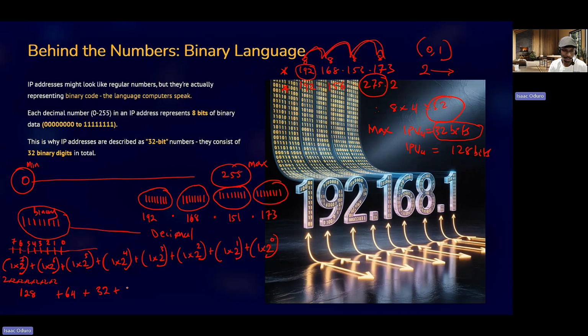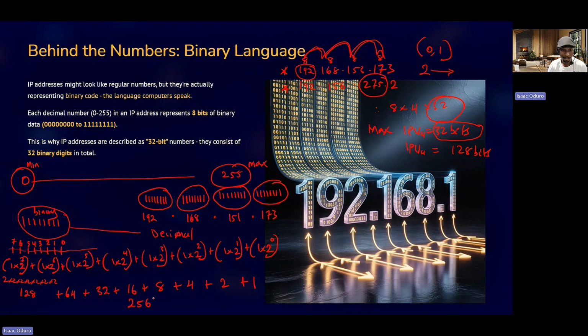2 exponent 4: divide 32 by 2. It will give you 2 exponent 4. And that one is 16. Divide 16 by 2. It will give you 2 exponent 3. And that will give you what? 8. Divide 8 by 2. Divide 4 by 2. It will give you what? 2. And divide 2 by 2. It will give you 1. That is why any number to the power 0 is 1. Add all this: 128 plus 64 plus 32 plus 16 plus 8 plus 4 plus 2 and then plus 1 will give you